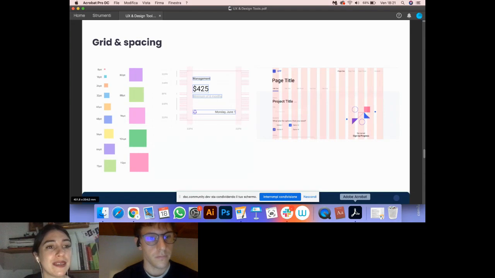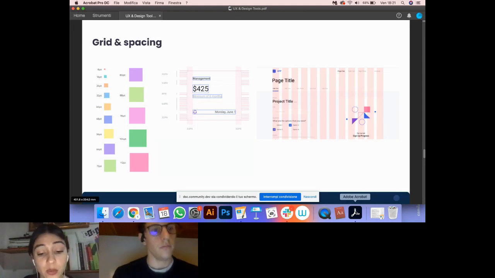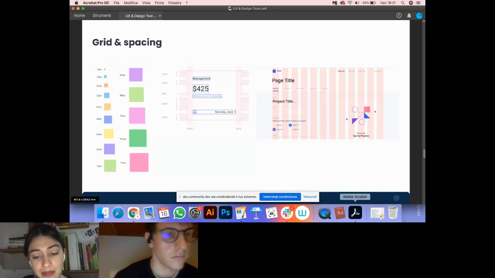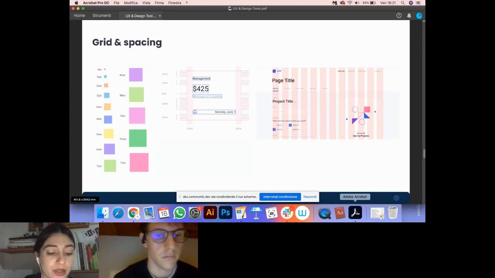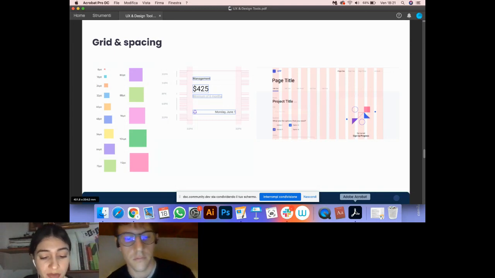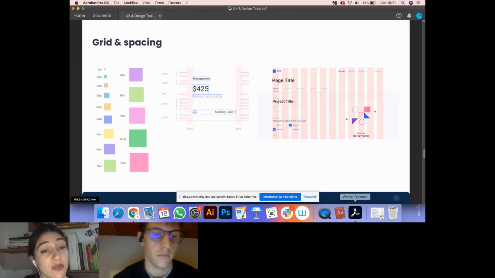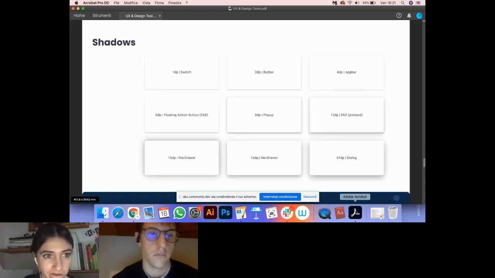Another important thing is the grid and the spacing. A defined grid and the right white space between the elements allow us to allocate our elements well in the page and to have a harmonious result.